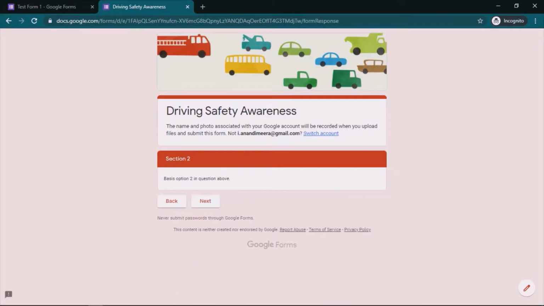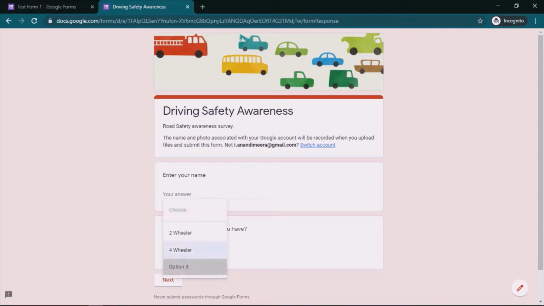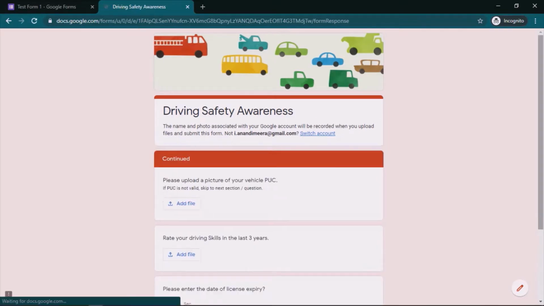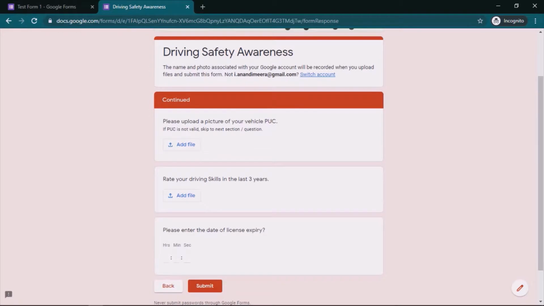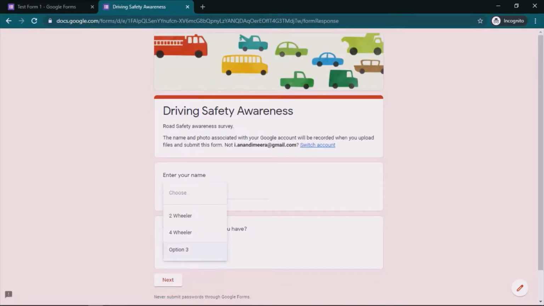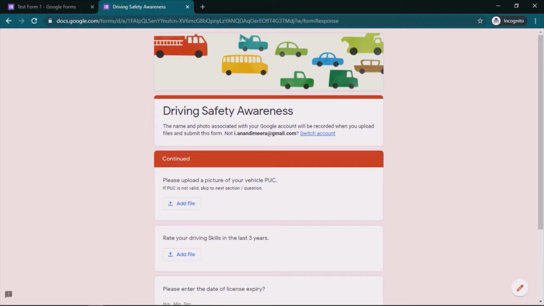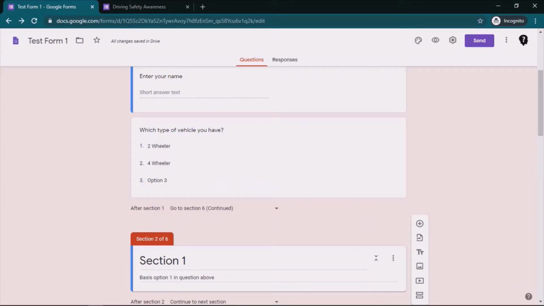I have landed in section 2 based on option 2 in the above question, and for option 3 I go directly to the continued section. If I have not answered these questions and directly click on next, it goes directly to the continued section as we have guided in the bottom line: after section 1 go to section 6.